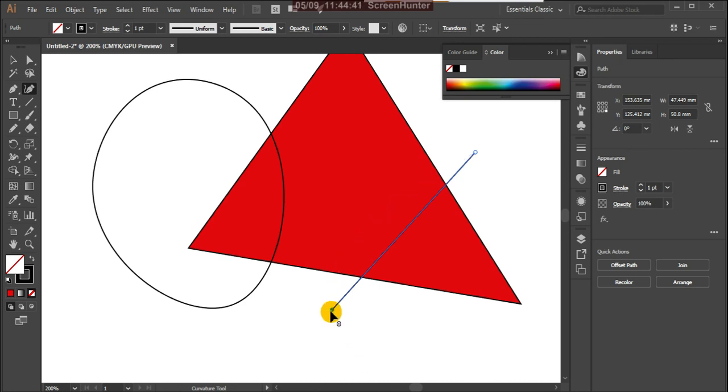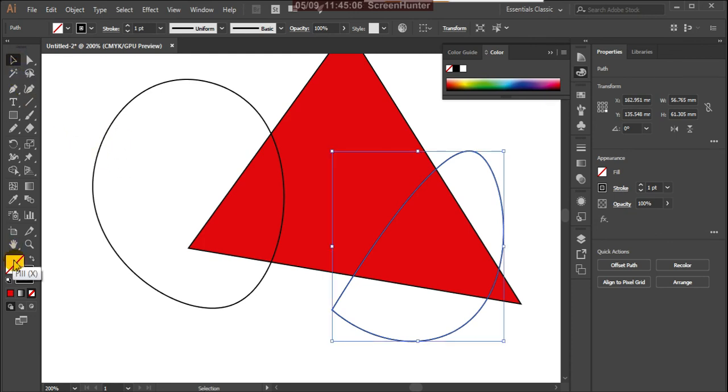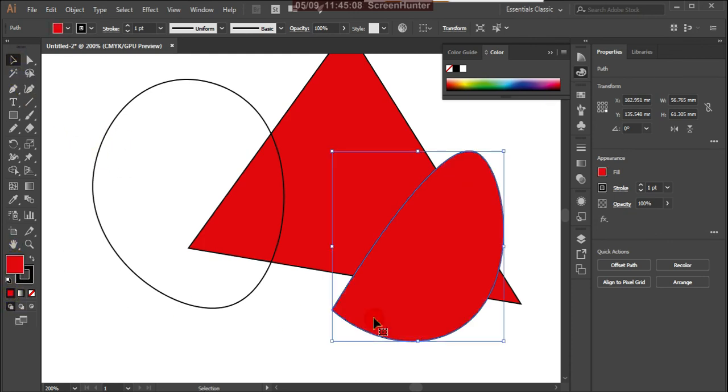Here again I want a straight line. By pressing Alt, we can change the tool into a normal straight line, but when you want the curvy shape, you will get that. So this is helpful for making curvy shapes.